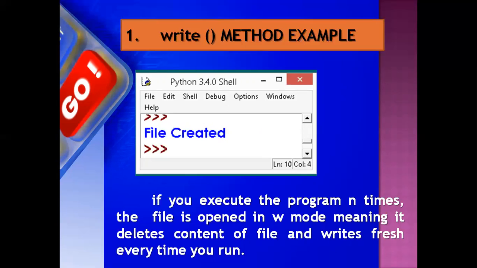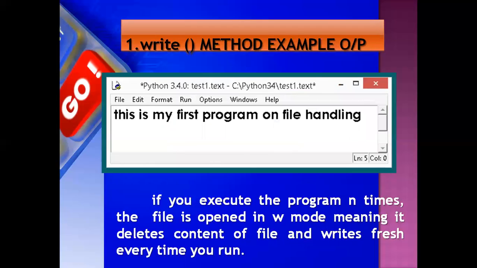You know Python has a drawback: if you declare the same variable again with a different value, it will replace the previous value. File handling is the same. Whatever you have written will be replaced whenever you execute your program, and new contents will be updated over the previous one. So previous text will be erased, new content will remain, and you need to use append mode for that.